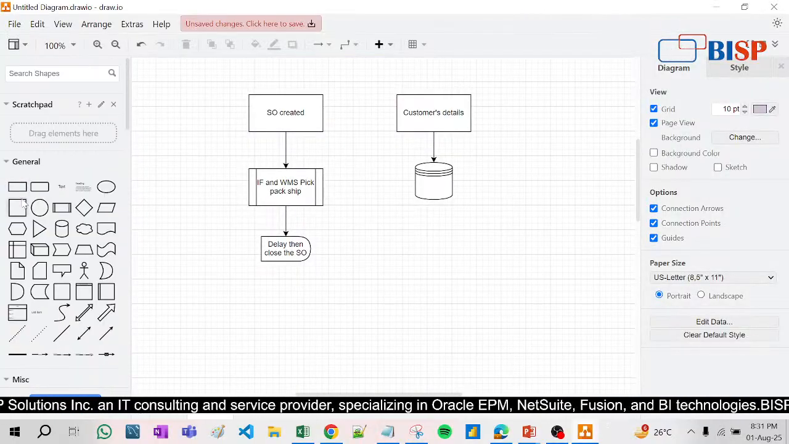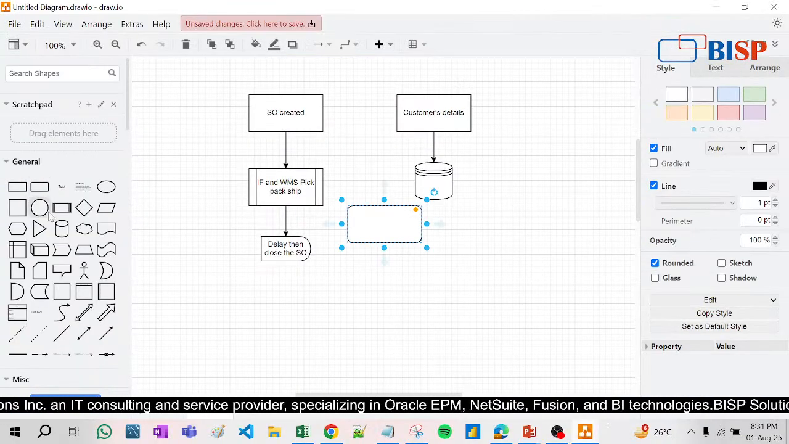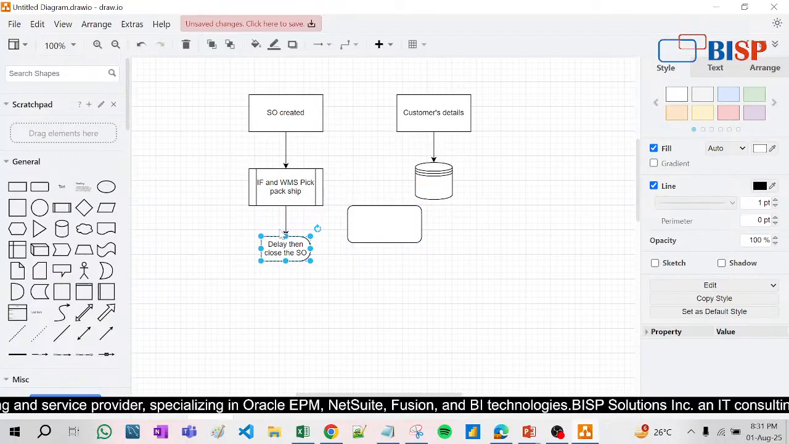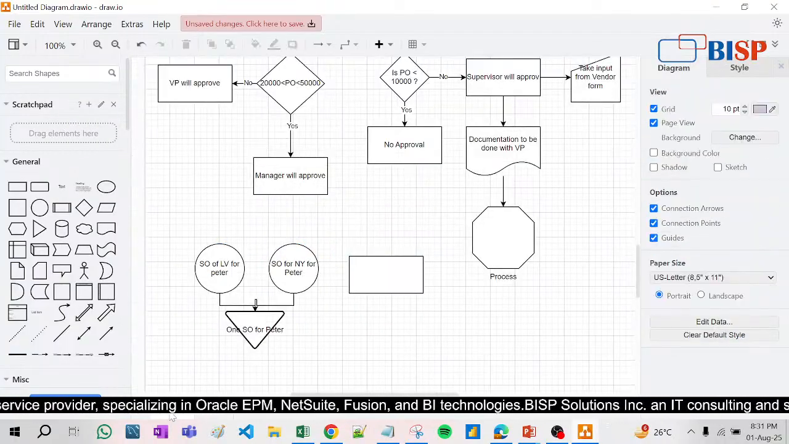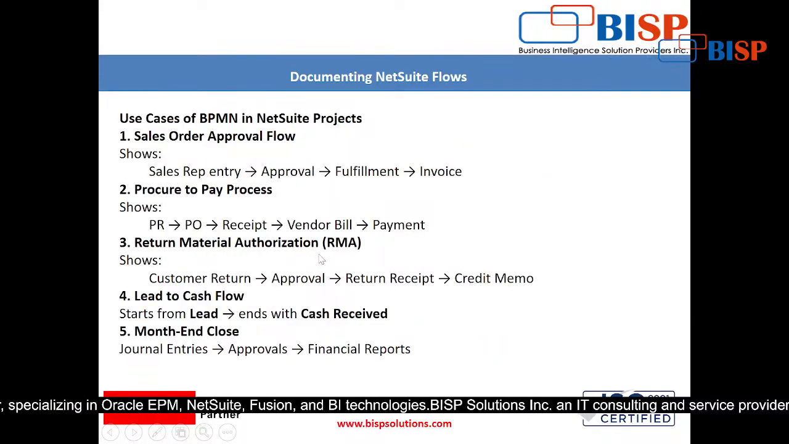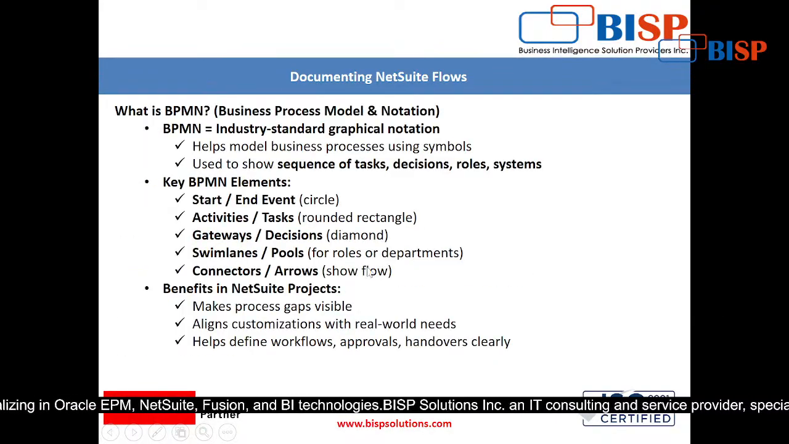Rounded, here is rounded, what it is written here, rounded rectangle. Okay, then gateway decision, that is diamond. Here is gateway decision, let me show you. Decision, then swim lanes, pools for roles or departments. Okay, swim lanes, pools for roles and departments, and then connectors, that is the arrow. Okay,